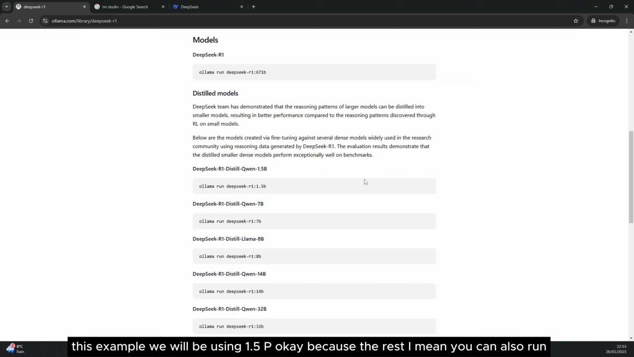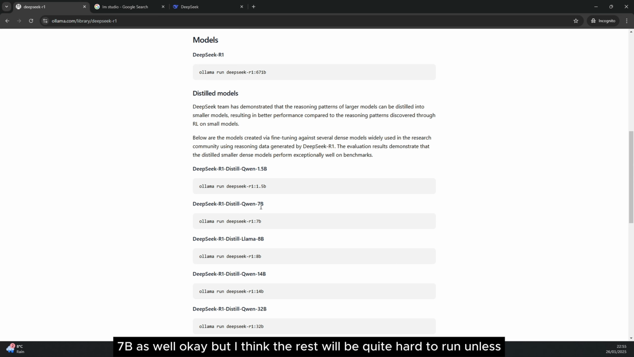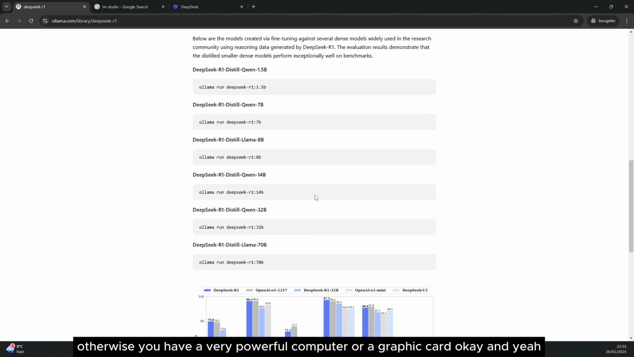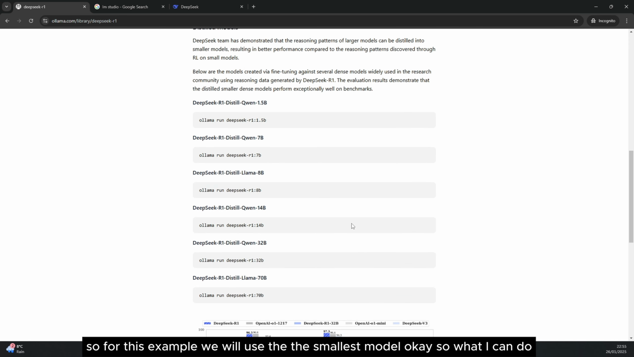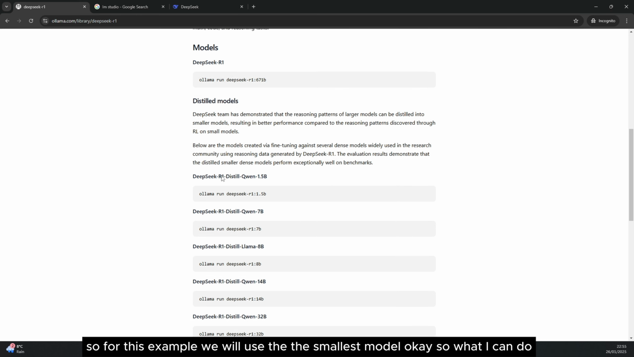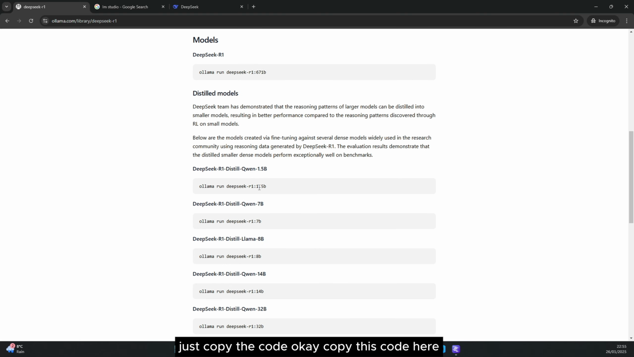And for this example, we will be using 1.5b, because for the rest, I mean, you can also run 7b as well, but I think the rest will be quite hard to run unless you have a very powerful computer or a graphic card. And yeah, so for this example, we will use the smallest model. So what I can do is just copy the code. Copy this code here,